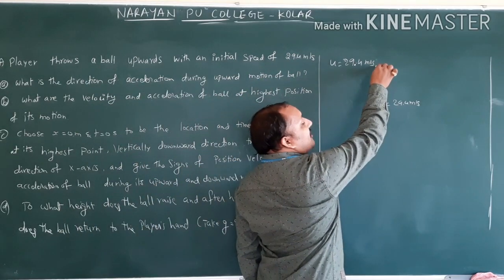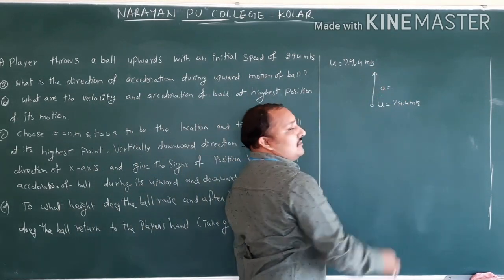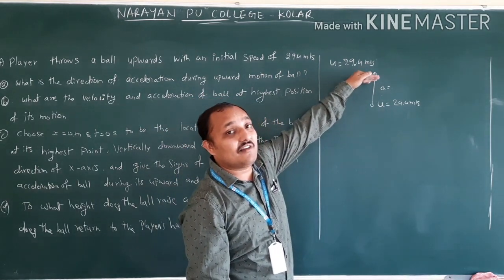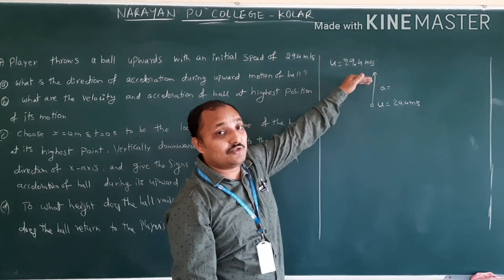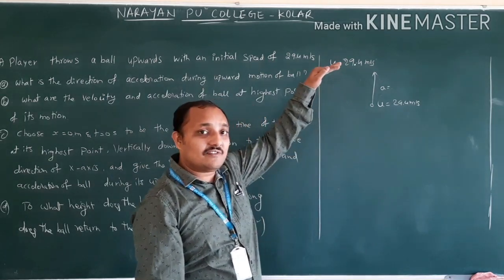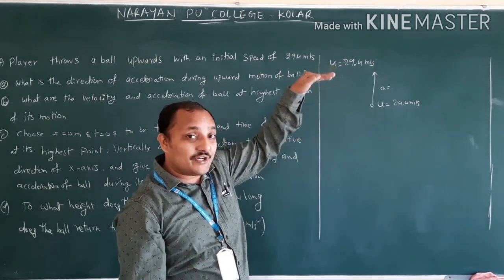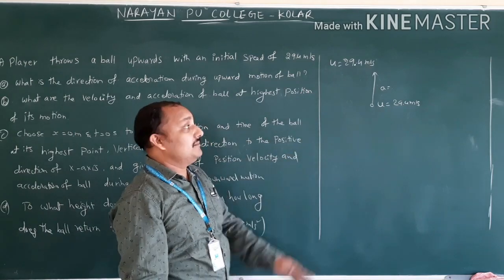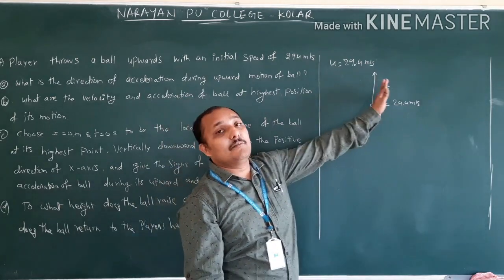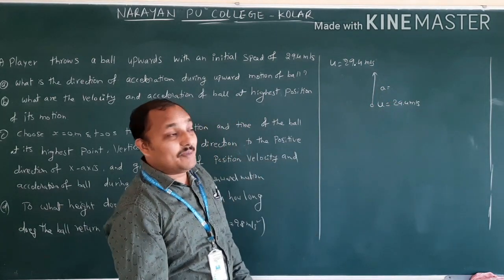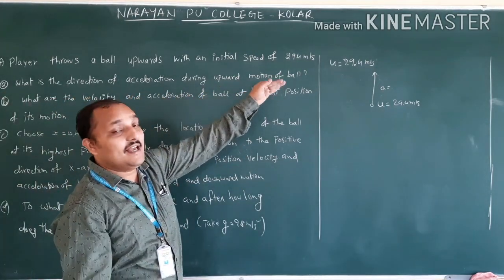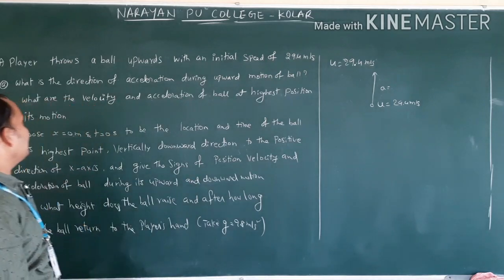If an object is moving upwards or downwards, acceleration is nothing but acceleration due to gravity. How is it acting? Acceleration due to gravity always acts downwards. That is nothing but towards the ground, isn't it? If the object is moving upwards also, acceleration always will be acting downwards. If the object is moving downwards also, acceleration due to gravity will act in the downward direction. Therefore, we will take a is minus g, a is plus g, depending on sign, isn't it? Now, how is the acceleration acting during upward motion? Acceleration is acting downwards. That is A.